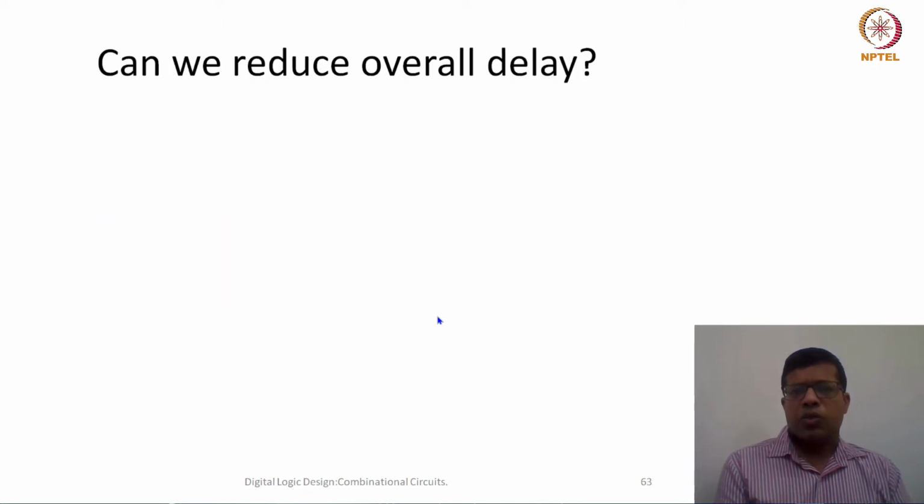Now let's ask one question: what is the typical size of adders we would require in regular computation? When we started building computers, we usually worked on 8-bit computers, so the usual data type was 8-bit. Then we started working on 16-bit, then 32-bit, then 64-bit.